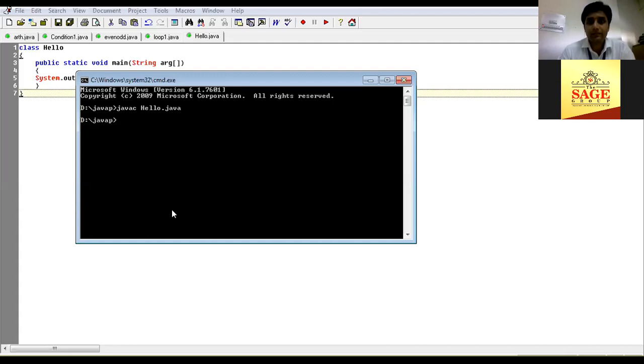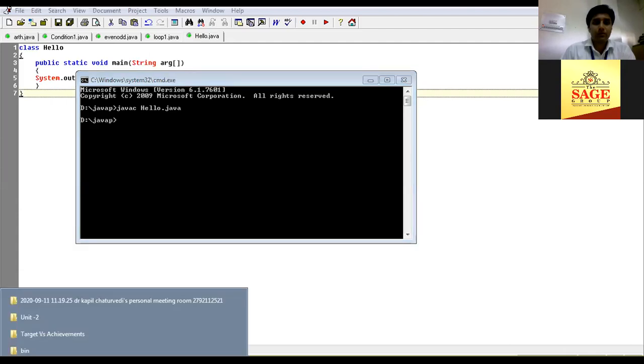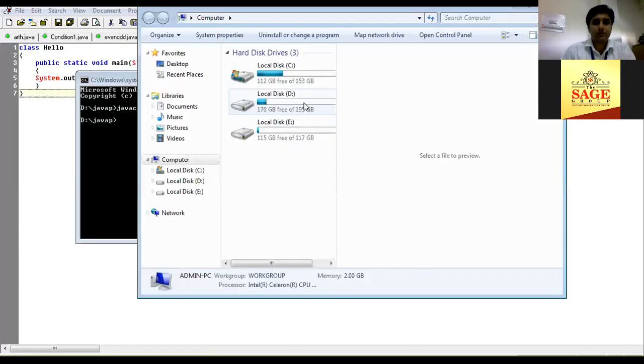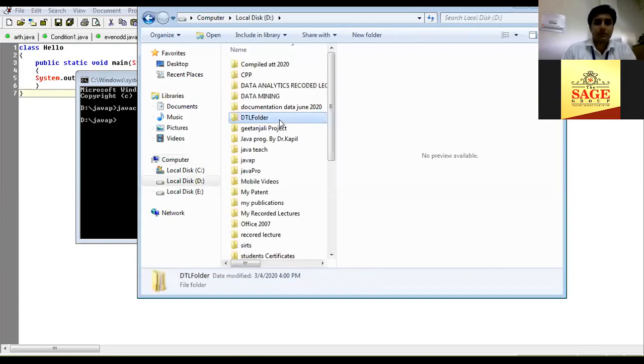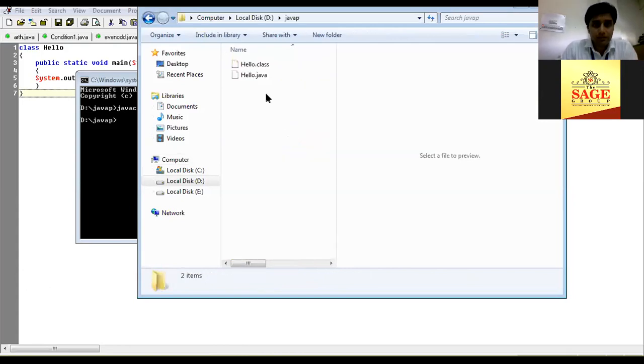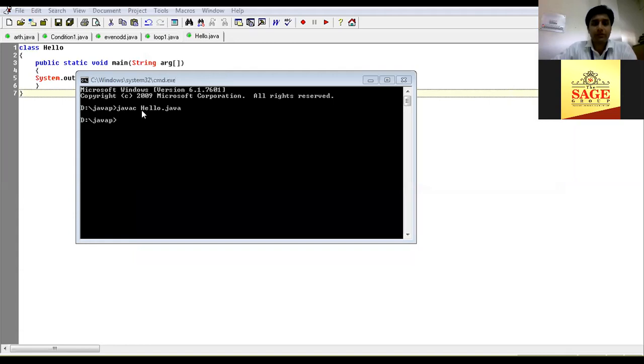If you want to see whether a program is properly compiled or not, you can go to the folder Java P. We created the program hello.java, but after proper compilation, it will create one more file, hello.class. That hello.class is bytecode, which is generated after the compilation process. So we successfully compiled our program.